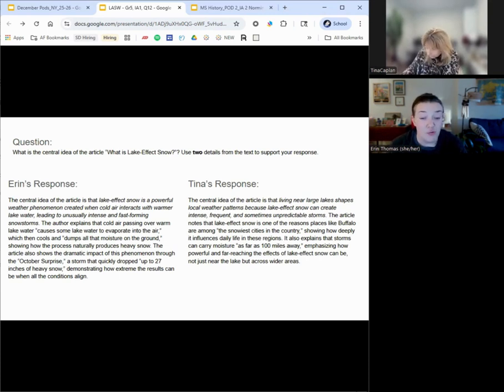Okay. So what do you notice is the same or different? So I noticed they both have a central idea about what the article's about, not just the topic. It's about what the author is really teaching and why it matters. While mine has a specific example of Buffalo, it's still applicable across other cities like Buffalo. And both have two pieces of evidence that develop our claim, so we meet that point. And we both analyze the evidence instead of just saying things like this connects because or other filler statements like that.